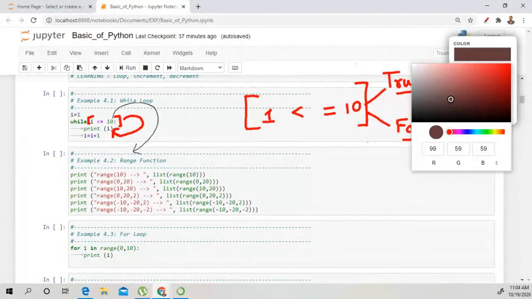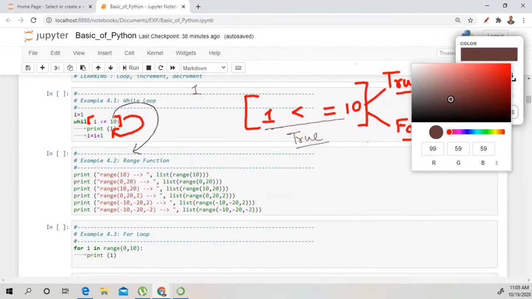Okay, so in the first statement, the value of this statement is true. So that's why it will execute and print the value right here. So what is the value in the variable? In the first attempt, the value in the variable is 1.